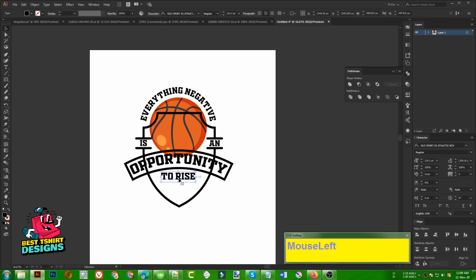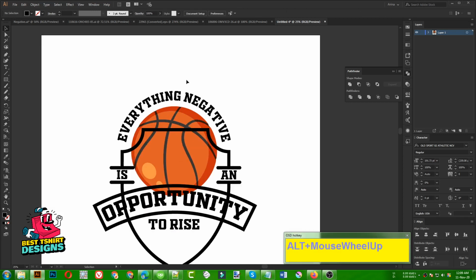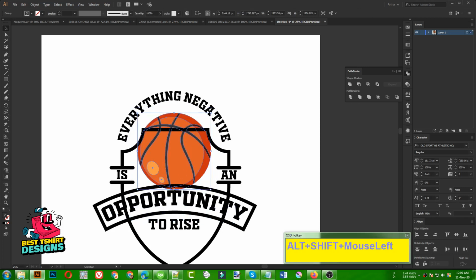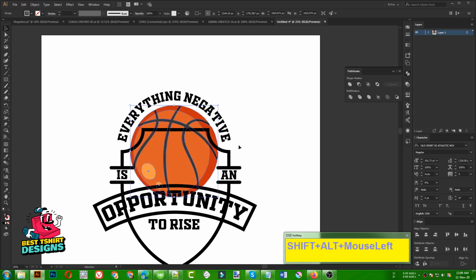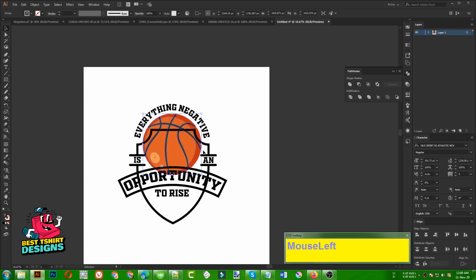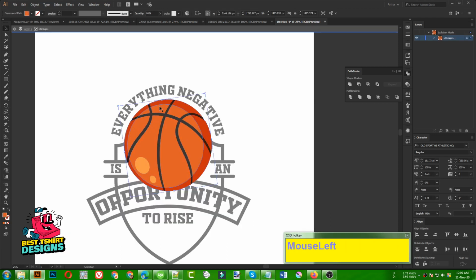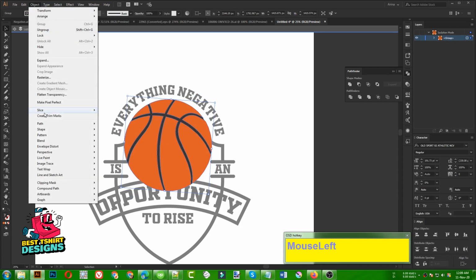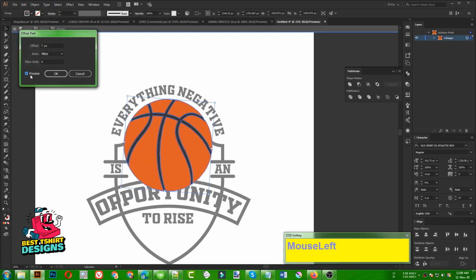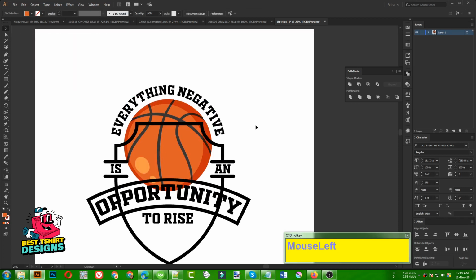And for this one here, I'm going to keep it as it is for now. So maybe I am going to make it a little bit bigger like this. Then I need to hide this part. A simple way is to double click here so that I can select this round shape at the background, just that one, this flat round shape. Then if I go to object, make offset path, just... okay, that is not going to work like that.